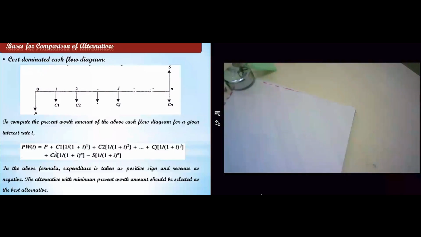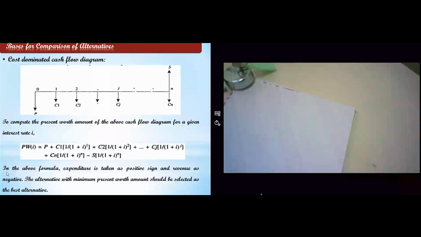So present worth, as I have said, is nothing but the value at time 0. And always when we say present worth, you will have the present worth of cost as well as the present worth of revenue and the salvage value. So that difference will be the net present worth for the organization. So net present worth is nothing but the present worth of the cost amount as well as the present worth of the revenue. So here,